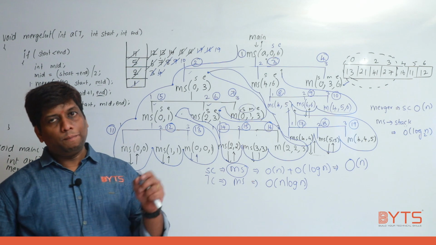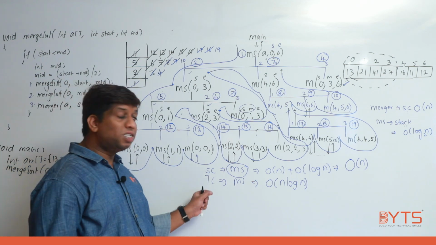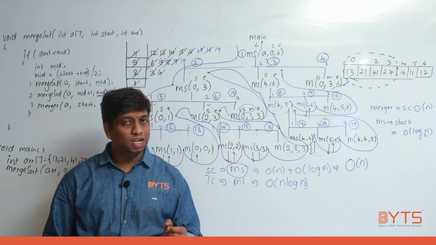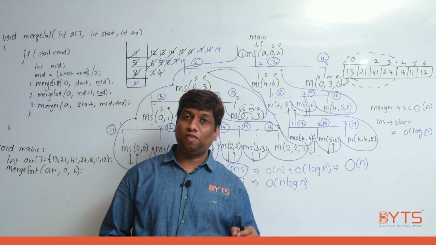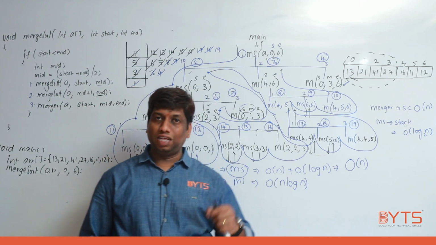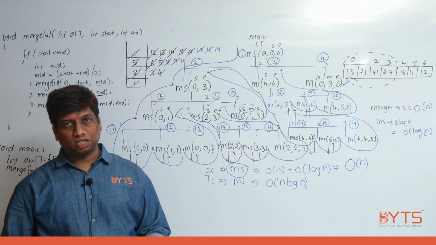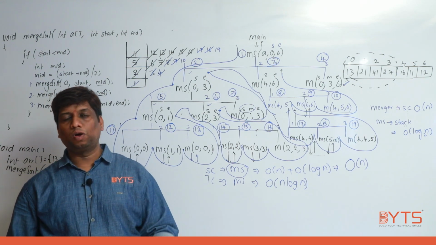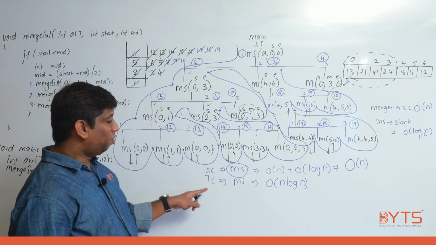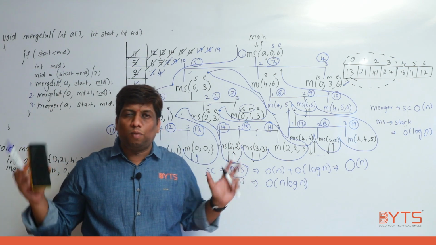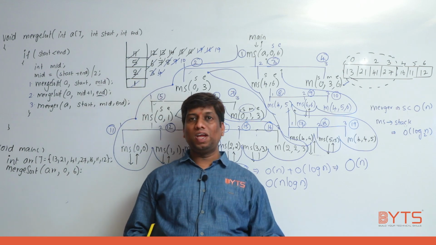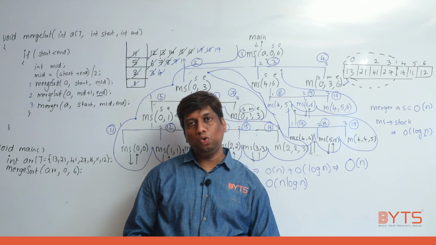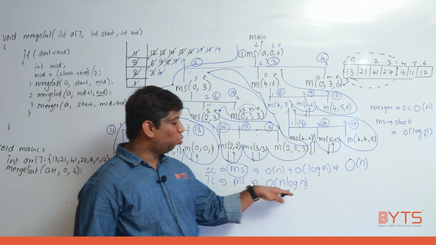Compared to bubble sort, merge sort is running faster. Why? The time complexity of bubble sort is O of n square. Selection sort O of n square. Understand? Very important point. Selection sort, insertion sort, bubble sort, the time complexity is O of n square. So merge sort is O of n log n. So this is the most stable sort. Why? Whichever array you give, it will always take the time as O of n log n.